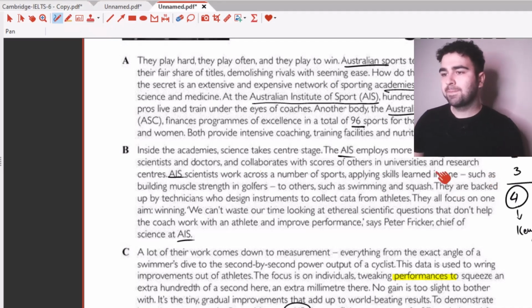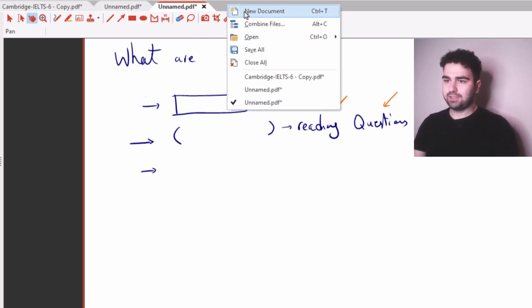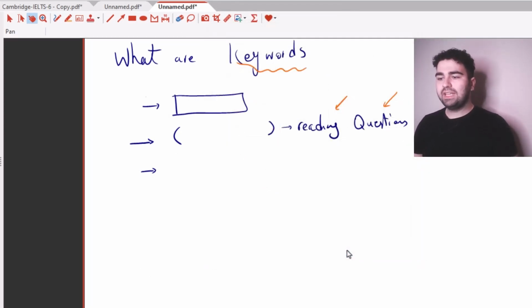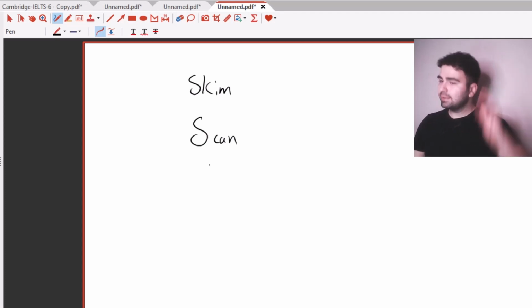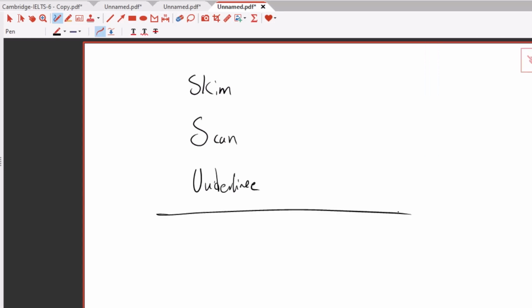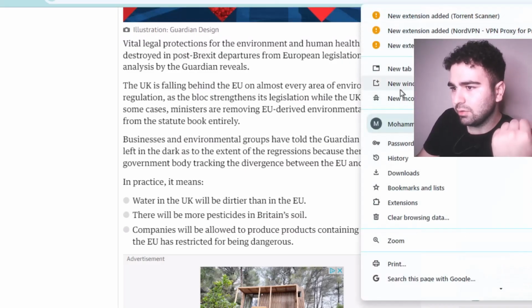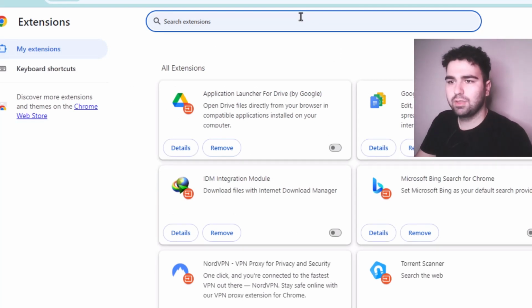So to wrap up, we have covered lots of things in this session. We have learned about skimming, we have learned about scanning, and we learned which words to underline. Up to here. There is one final part left. The thing that I'm going to ask you to do is to install an extension called,